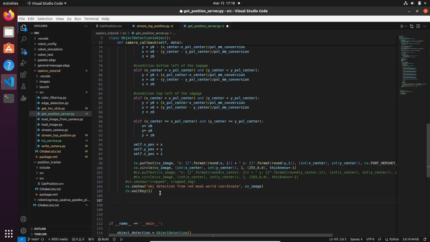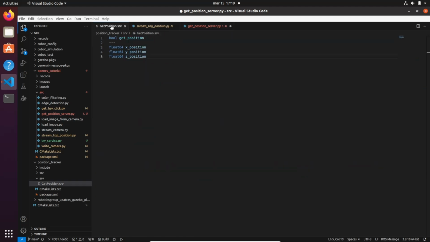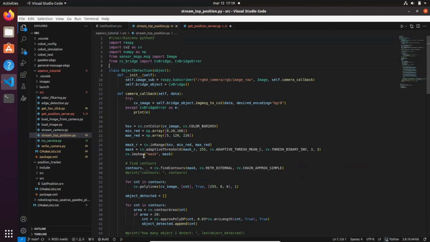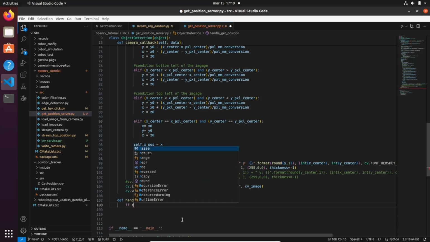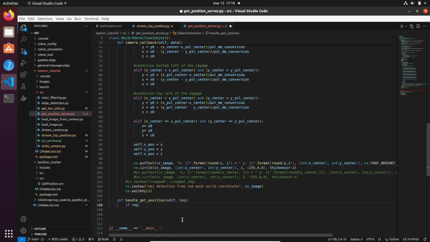So now let's create this, and it will be treated like a method of the class. And then we're going to pass the request that we call req. I remind you that the request is going to be of type boolean. So if request is true,